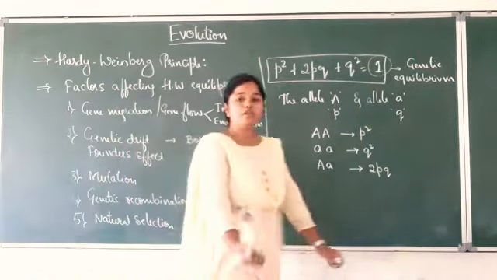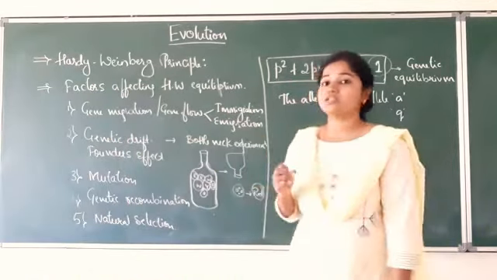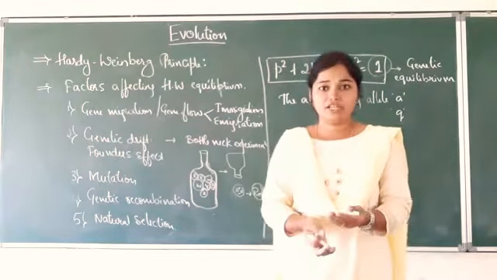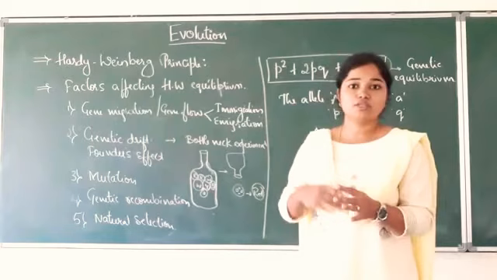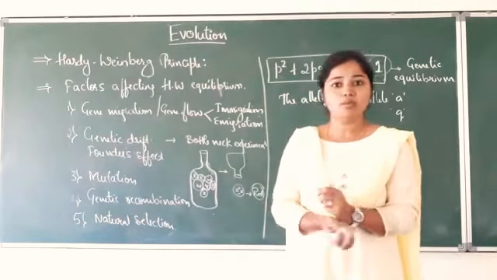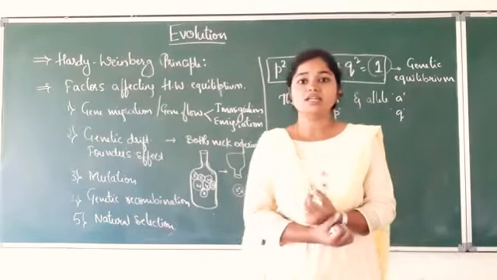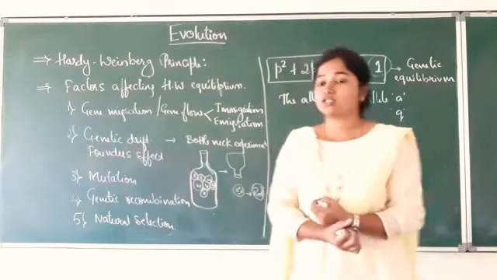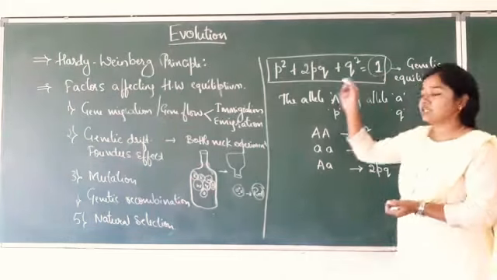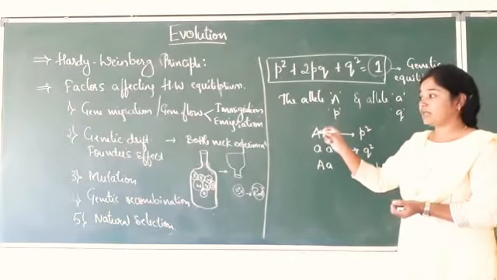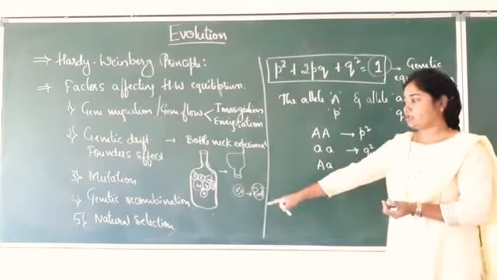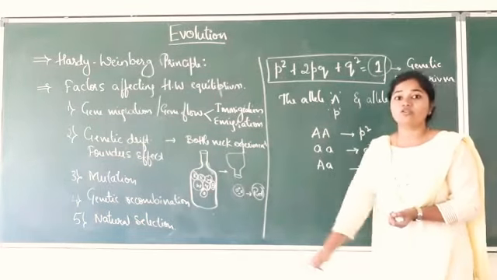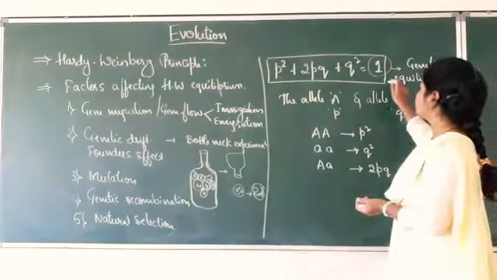Right? So what do you mean by natural selection? It means the process where the heritable variations are selected by nature, and only the selected organisms are going to survive and leave progenies, right? That is called natural selection. So these are the 5 important factors that are going to affect the genetic equilibrium. Suppose in a population, if gene migration, genetic drift, mutation, gene recombination or natural selection takes place, then obviously there is a change in the genetic equilibrium.